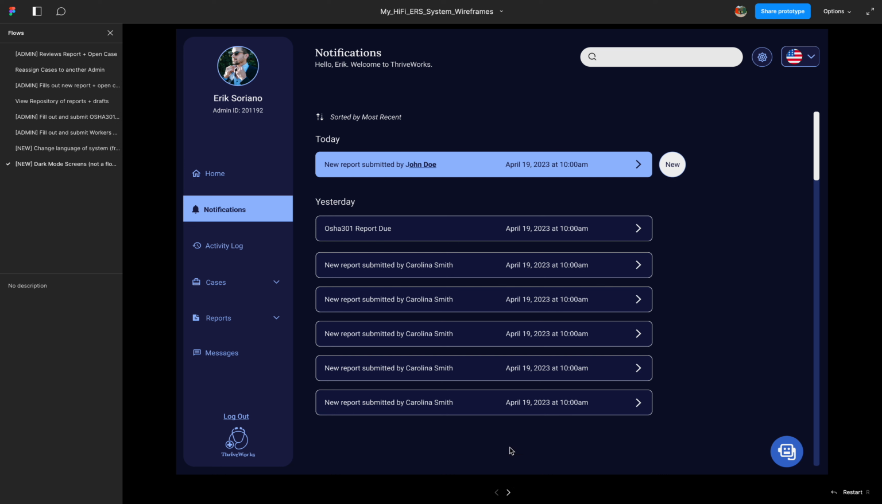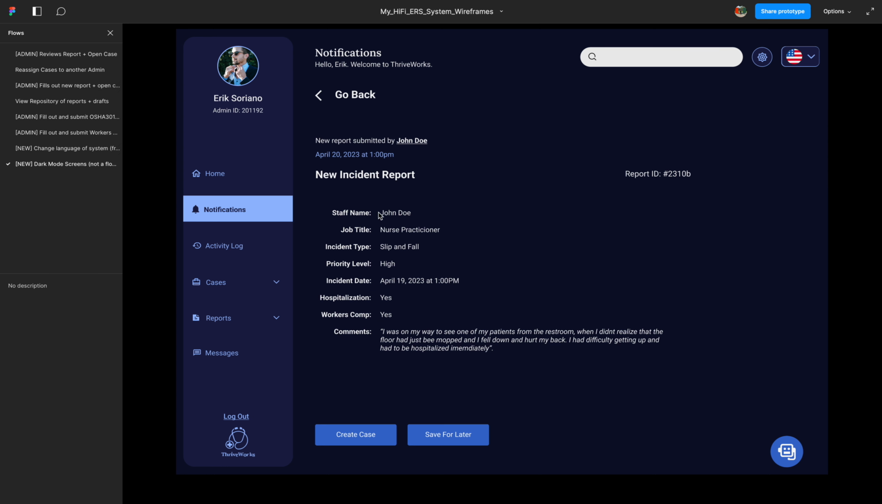So I'm going to show from here, when there's a new notification, you tap. And from here, it's when the admin goes and creates a case. And this is what the success page could look like. And let me go ahead and show the last one. And this will be the view cases. As you can see here,